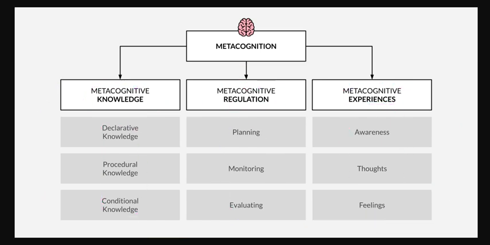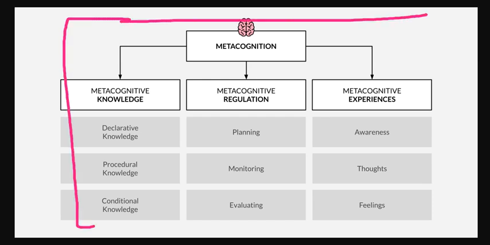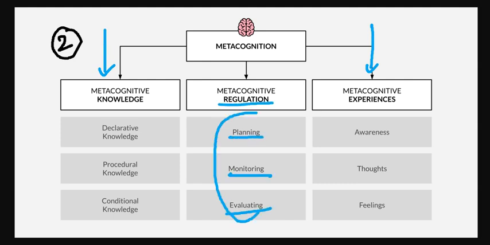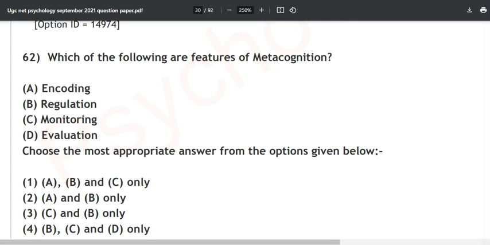It is pretty simple. This must be remembered right before the examination, not on a daily basis. If you remember this completely, that's 2 marks easily. If not, you can apply common sense and still get the answer. Just remember one of these things, the rest two you can easily remember. For regulation, just remember planning, monitoring, and evaluating. Declarative, procedural, and conditional come under the knowledge part. This much is all that is needed.